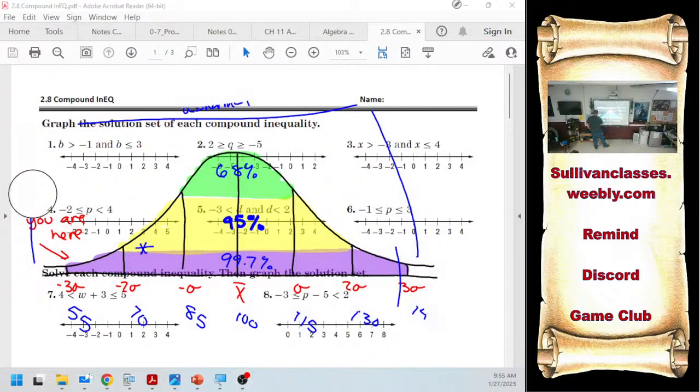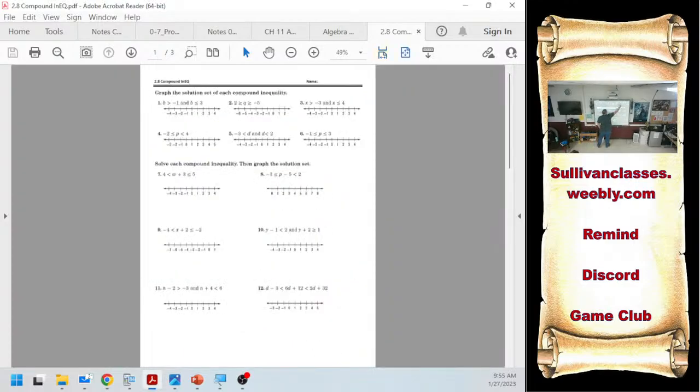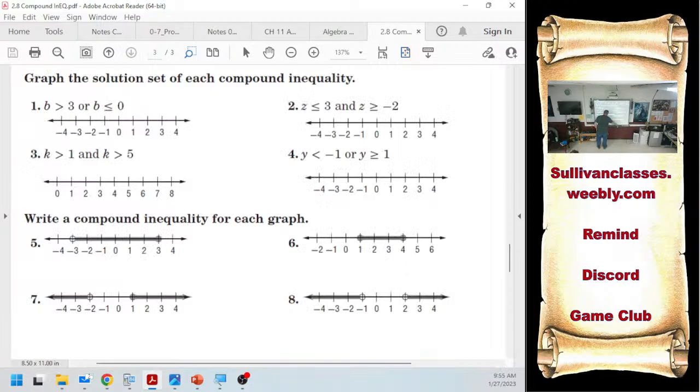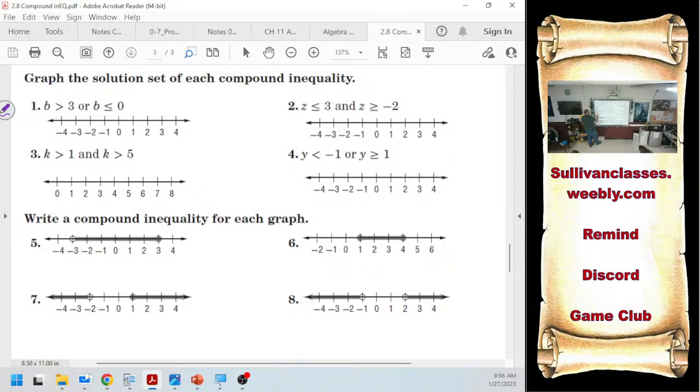First up, y'all should have that very last page of the 2B packet out because we got to make sure that everyone did what they're supposed to. Greater than 3, 0. So we should have less than -1, greater than 1,